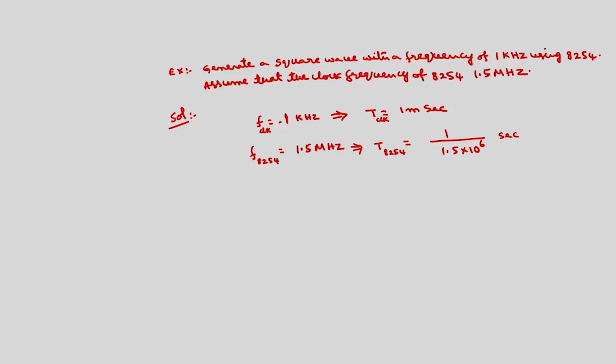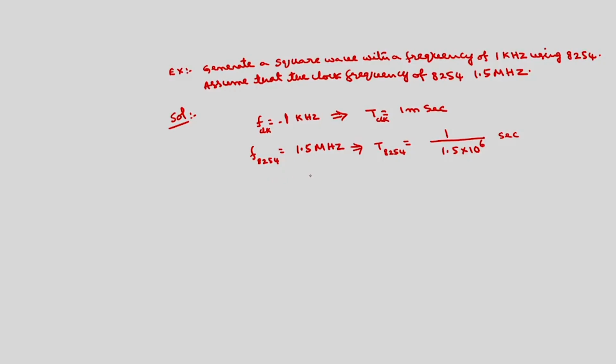this counter with an appropriate value, so that if the n value is an even number, it will be on for n by 2 clock cycles, off for n by 2 clock cycles. So, how to find out the n value? What should be the value of n to produce this frequency of 1 kilohertz square wave if I connect that out signal to the CRO? Okay. So, in order to find out the capital N value,